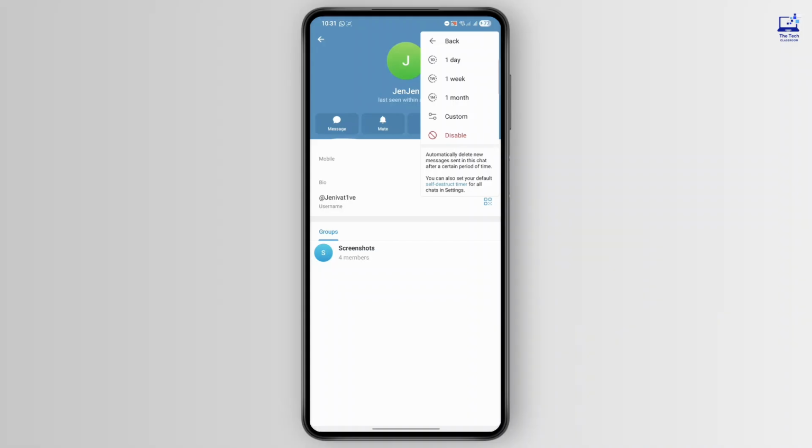What you want to do basically is start a secret chat with them. So just tap on start secret chat right at the bottom. Once you have started your secret chat, you can go over to settings. Once you started your secret chat, you can tap on the three dots at the top right, and then tap